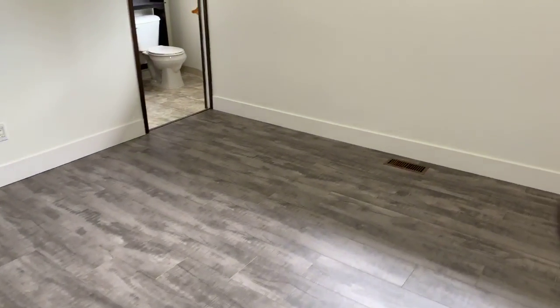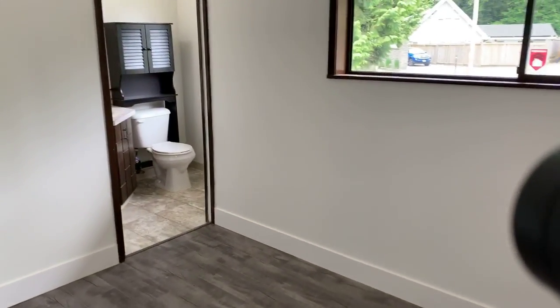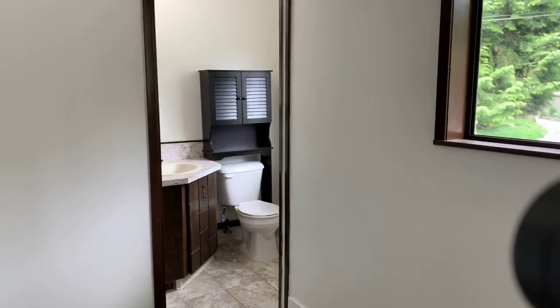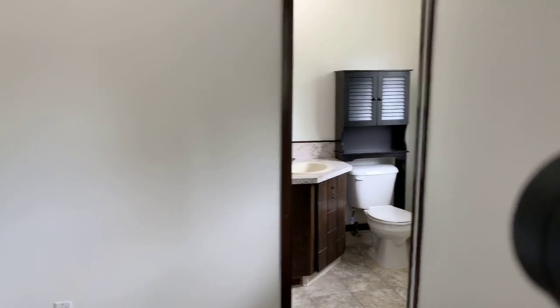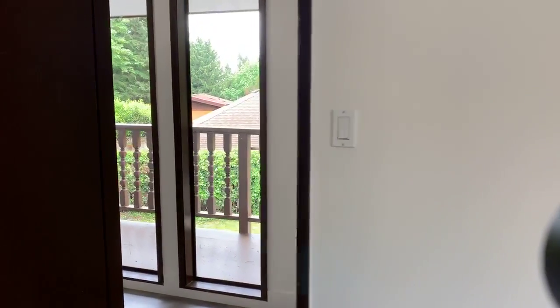So, decent sized bedroom here. Again, new flooring, all freshly painted. And you have a powder room off there. So at least you got your powder room off the master. But I want you to note as we walk to the next room here, the shared bathroom for the upper